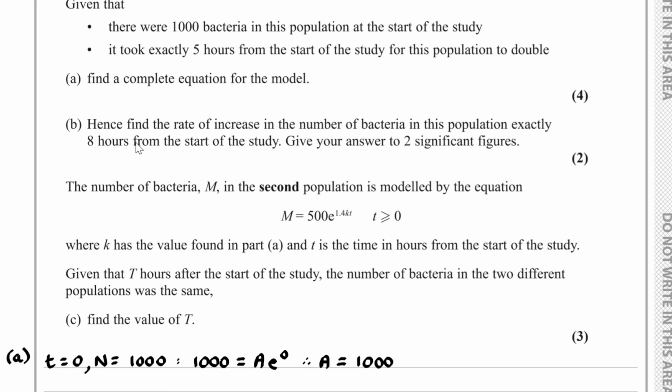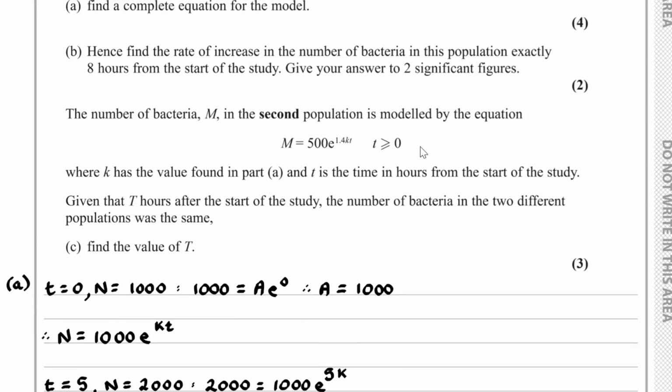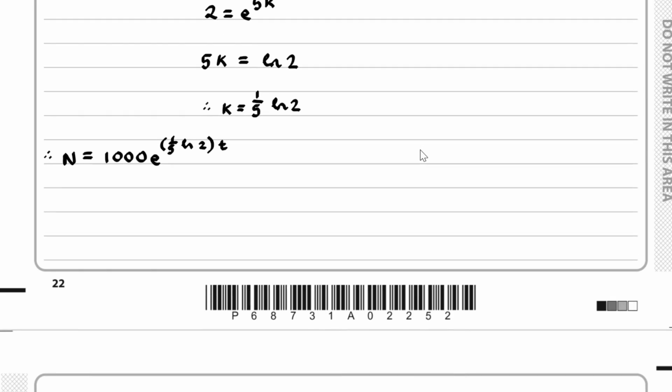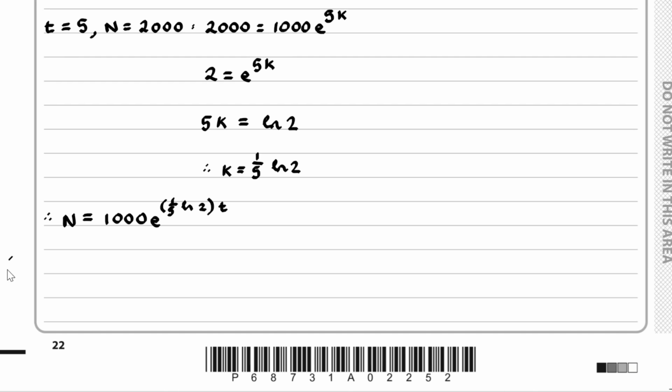For part B, hence find the rate of increase in the number of bacteria in this population exactly 8 hours from the start of the study. Give your answer to 2 significant figures. For part B, because part B concerns rates, we would have to differentiate. So if we differentiate,